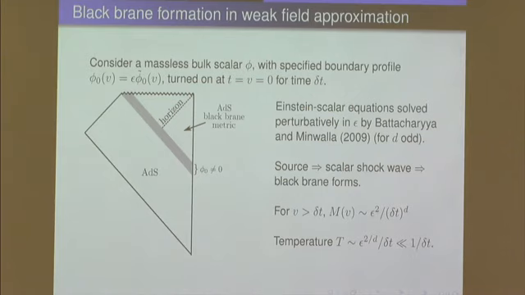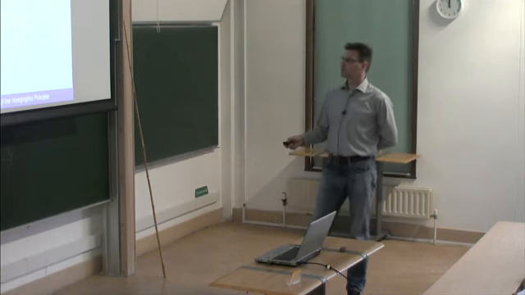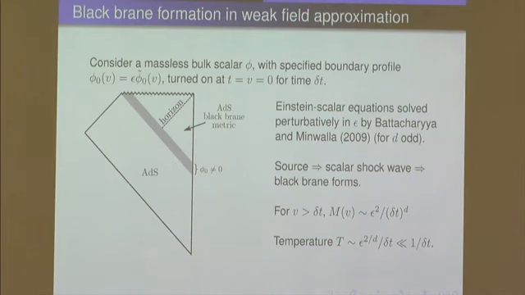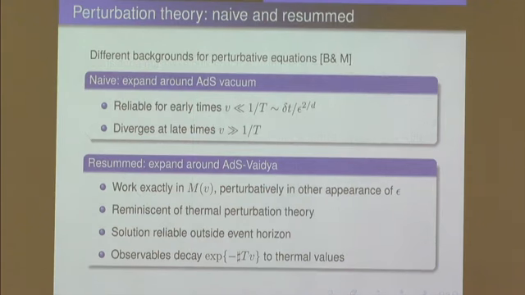One question. I'm not an expert, but to what extent can we believe that? Since this is a perturbative analysis, it's just for very short times. So can we really believe that we are always going to have black brane formation? Okay, that brings me to the next question. It might be that since you are doing this perturbatively, you have to worry about the expansion becoming uncontrolled. And yeah, this is a naive approach. Okay, well, let me just go to the next one.